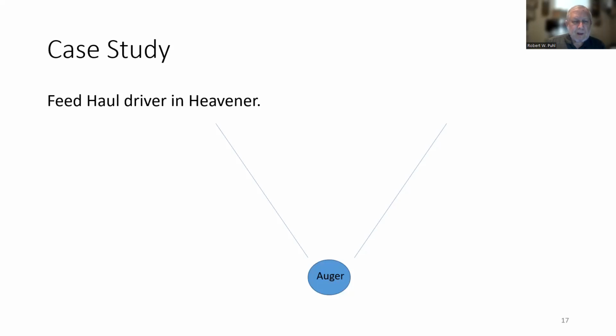Another case study, this was a feed haul truck in Heavener, and he wasn't an employee, he was a contract employee. What happened was, this is like the inside of the feed truck. There's an auger at the bottom, and the feed comes down the sides, and the auger turns and pushes it to the end of the truck and out. So he left his cell phone on the fender of his truck, went down into his truck to push the grain down or something, was caught with the auger running, and he lost his footing, whatever, and